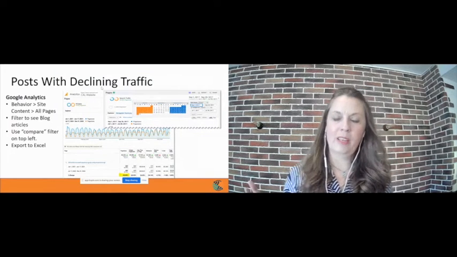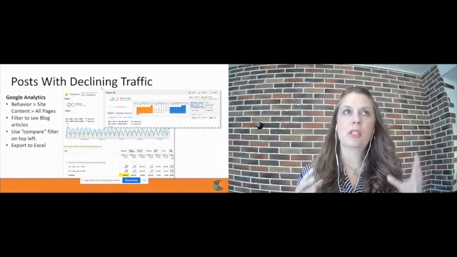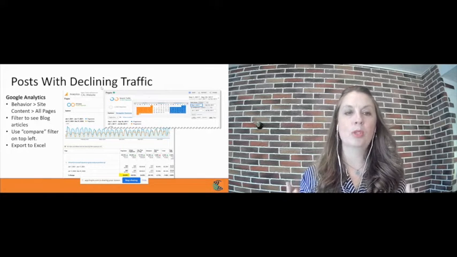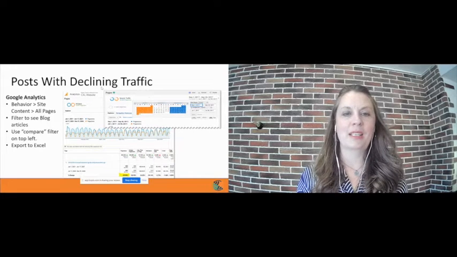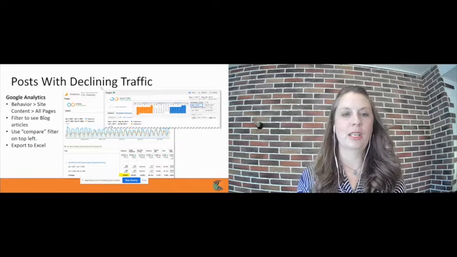So the next category of blog posts that we can look at to see if there's some potential to re-optimize would be posts with declining traffic. And I know these screenshots are a little hard to see, but you can watch this in the recorded section, or we can get you the information. But you would look for